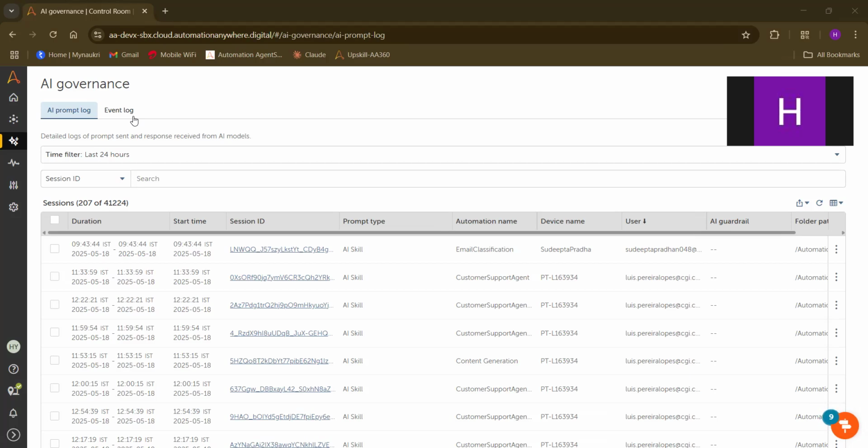Ethical AI development ensures that AI models are fair, unbiased, and aligned with human values. Next, regulatory compliance. It will help organizations adhere to laws like GDPR, the AI Act, and global AI regulations. Transparency and explainability ensure AI decisions are interpretable and accountable. Data privacy and security protects sensitive information from misuse or unauthorized access. This is governance.